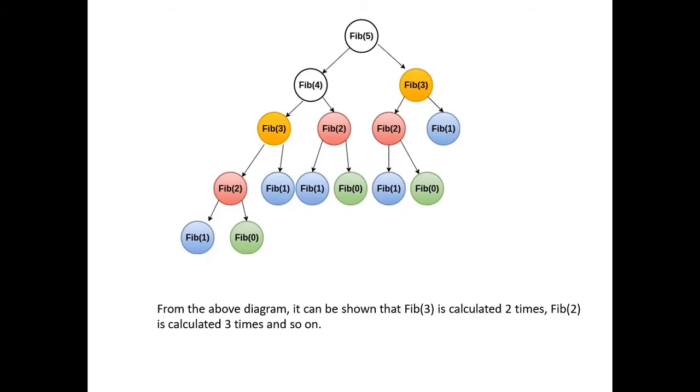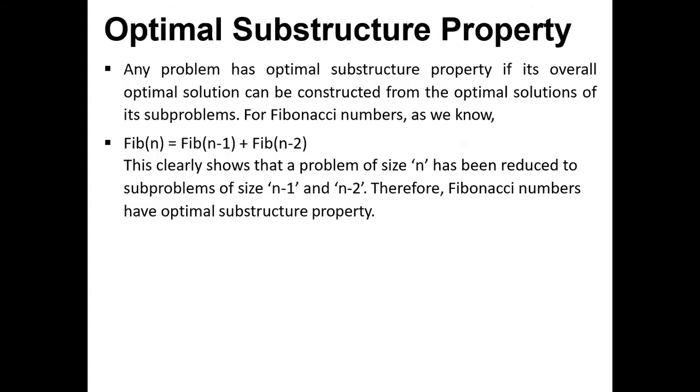But when you have dynamic programming, you will store the solution at one point. Suppose you have found the answer of Fibonacci 3. Then you will store the answer in a table, which you can refer to whenever the solution of Fibonacci 3 is required. We need not calculate or perform the operations again and again. Similarly, when you need the results of Fibonacci 2, they are stored in a table and you will use that table to refer to the solution of Fibonacci 2. Similarly for Fibonacci 1 and Fibonacci 0.